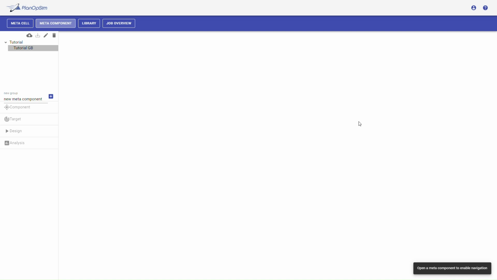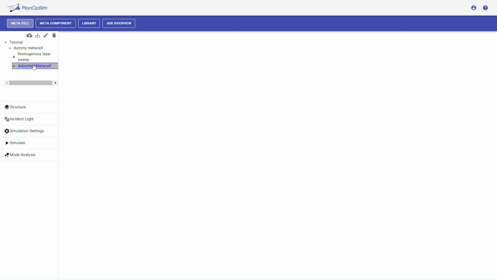Hello everyone. Here we will do a tutorial of the analysis of Gaussian Beam in PlanOpSim. So therefore we will make a meta component, but for a meta component we first need a meta cell. We made a dummy meta cell, already created it. We go through